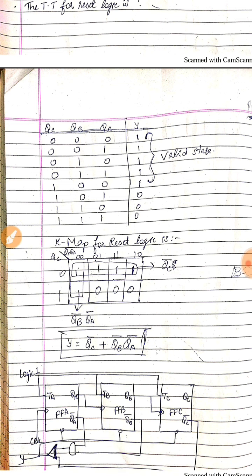So this is how we can make a modulo counter and cut short our count. If it is a 4-bit counter, it would count from 0 to 15. If I want to make a modulo 10 counter, I can make it using some reset circuit, which I can find using the truth table and K-map. So this is how you can make a modulo counter.